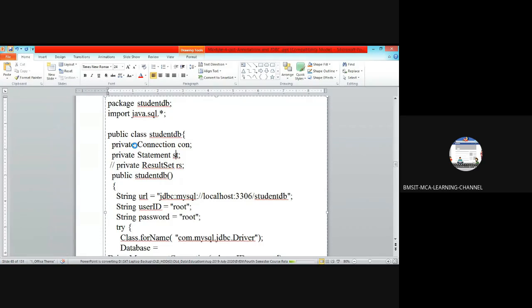Why is it specified as private? Each instance should have private connections. Otherwise, if it is public, another user can access your connection, and a transaction failure may happen. To avoid that, I have to access the databases independently and do the transactions on databases independently. The connection object should be declared as private.